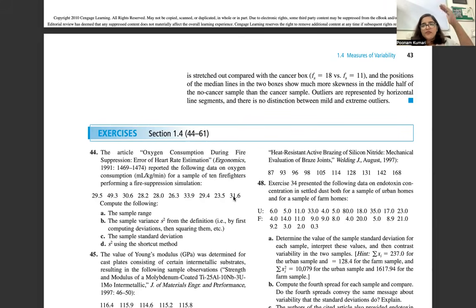Okay. So you have to see that there is not too much distance between the stems. And for the leaf, however it is coming, after you've put the stem, you can write it, and in a small legend, a small label, write what is stem. So here the stem would be the tens place digit, and the leaf would be the ones digit and 1 digit after the decimal. Okay, that's all.